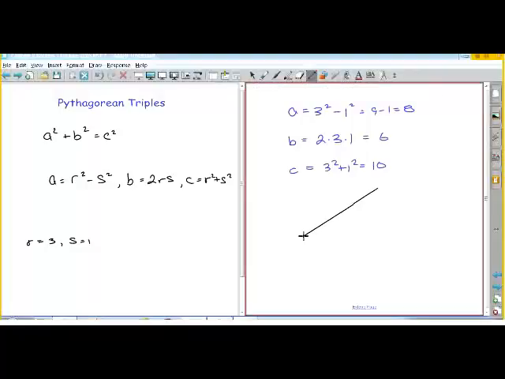So that is an example of a Pythagorean triple. If we drew a triangle sort of like this, the shortest side would be 6, the next side would be 8, and the hypotenuse would be 10. But if we divided them all by 2,